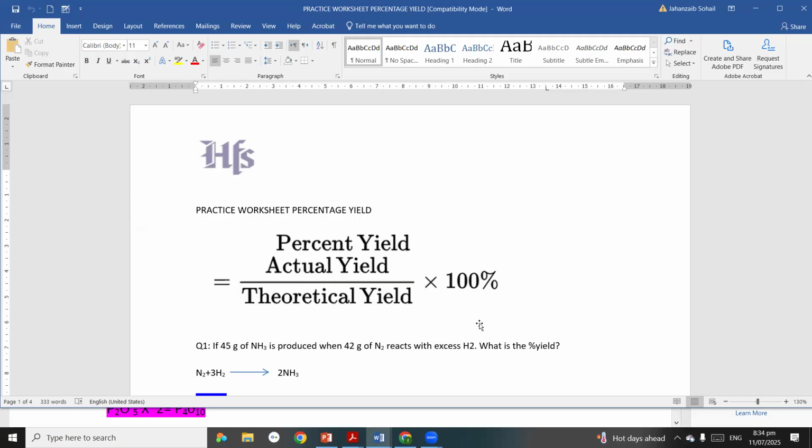Suppose I am cooking in the kitchen, there must be some wastage as well. So you will never get 100% result. There must be something lost during handling error. In that case, you have to calculate the percentage yield, meaning how much product you finally get at the end of the whole procedure.